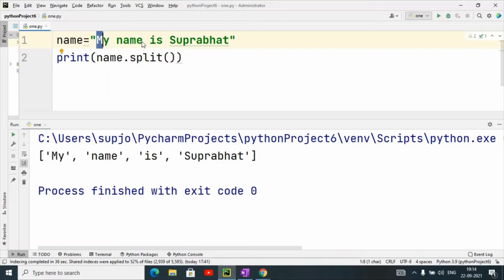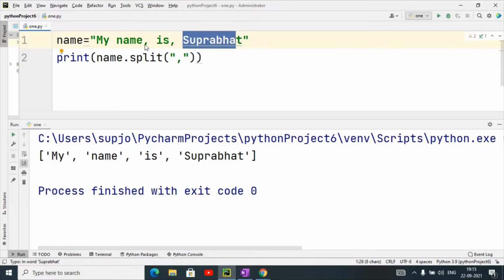Suppose I have taken a comma here, and then I have used this. Now in the split function I can give the splitting criteria. Suppose I want to split on the basis of comma, so when I call this function, the list will be created, and the first item is my name, the second is, and the third is Suprabhat.